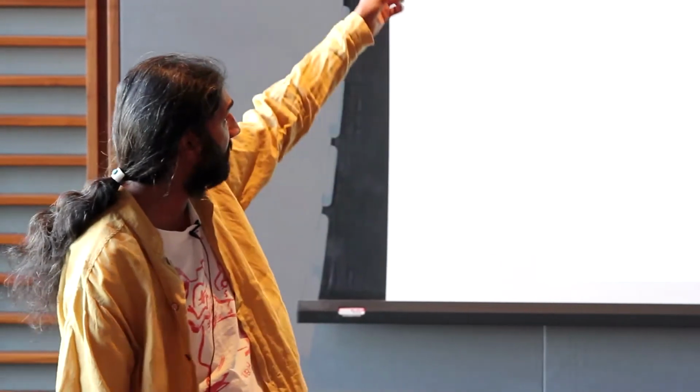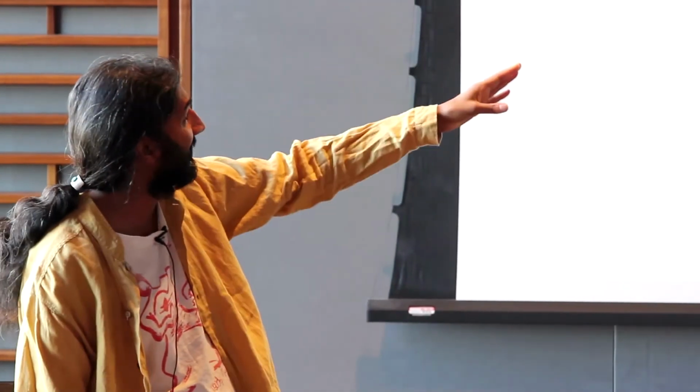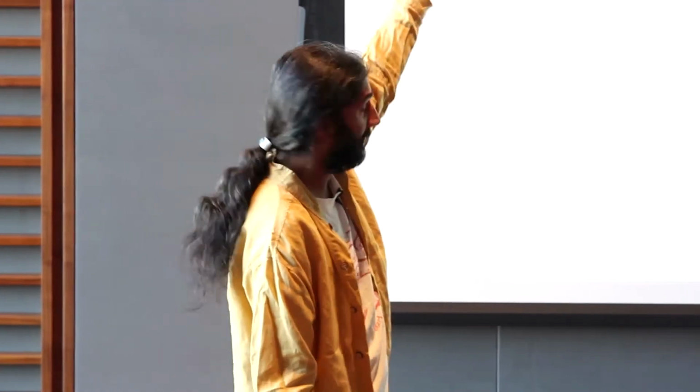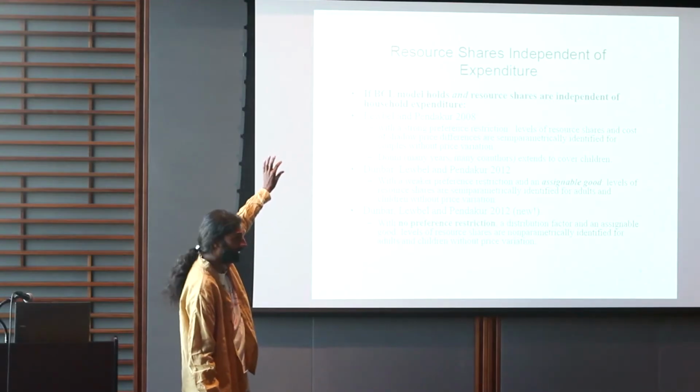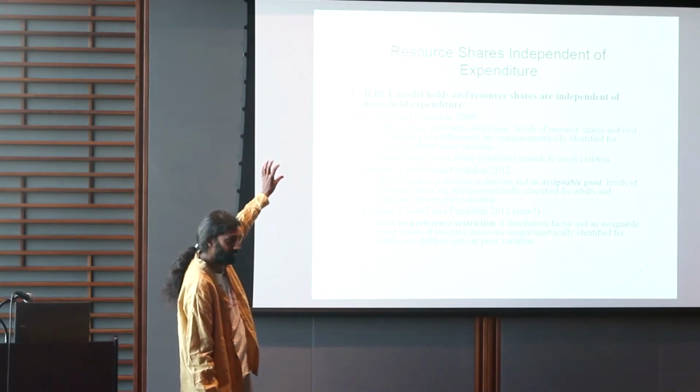Basically, if the BCL model holds and resource shares are independent of household expenditure, I'm going to say a little bit about the strength of that assumption, because it's essentially the key identifying assumption. If those two things are true, and I'm going to tell you what the BCL model is in a little moment,